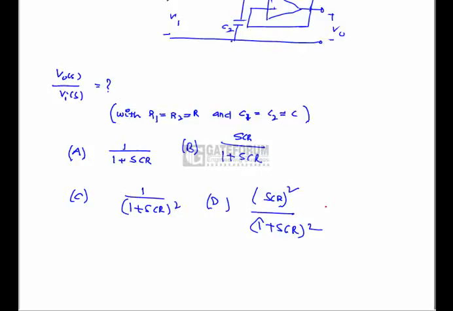A second order active filter known as a Butterworth filter is shown in the figure below. Find out the transfer function of the given network. That means the output by input we need to find out. See, if we apply